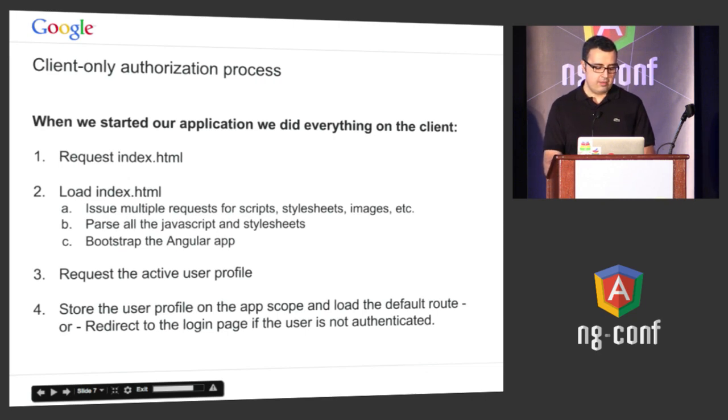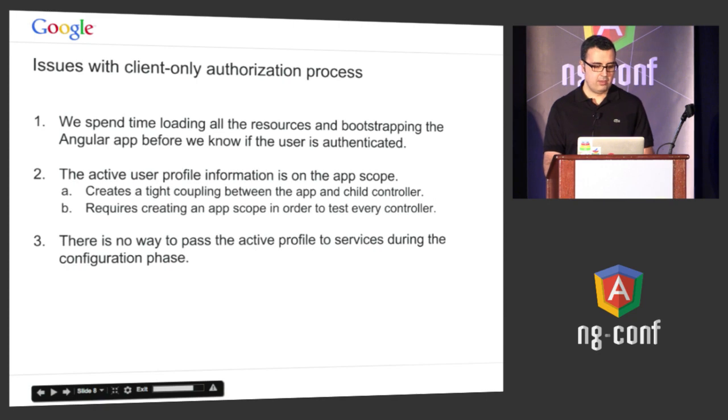So while it worked when the application was small, it wasn't really efficient. The few problems we came up with when we dealt with it was that we basically spent time loading a bunch of resources and bootstrapping the app before we even know the user is authenticated. And then, once we got the active user profile information and we put it on the app scope, we kind of messed up